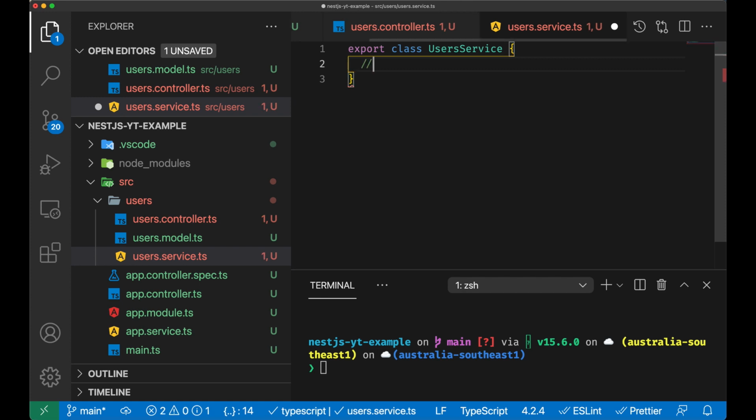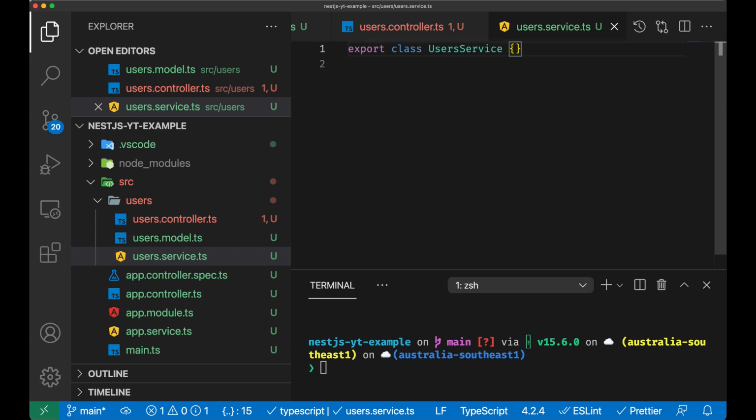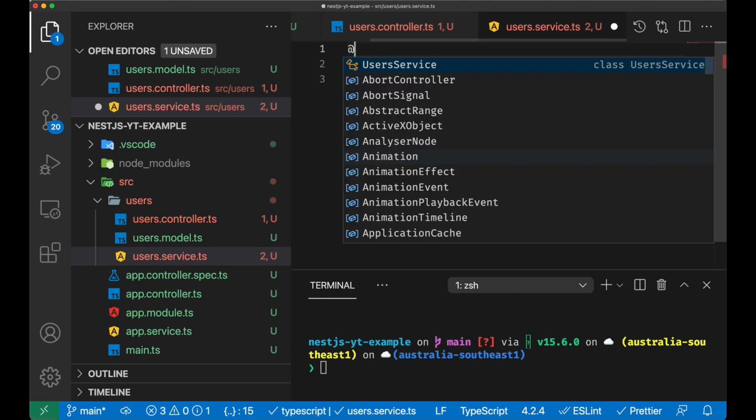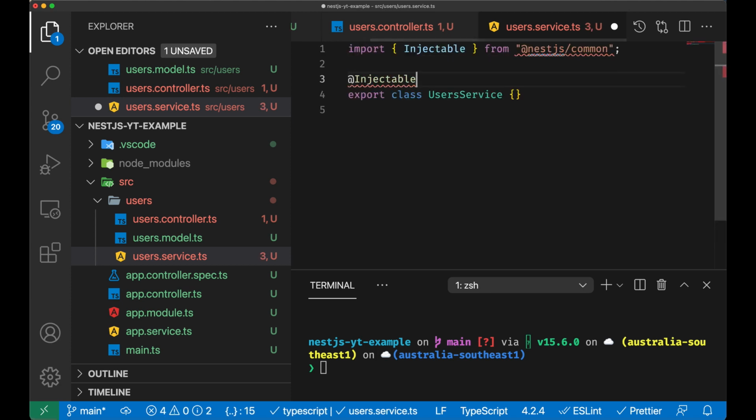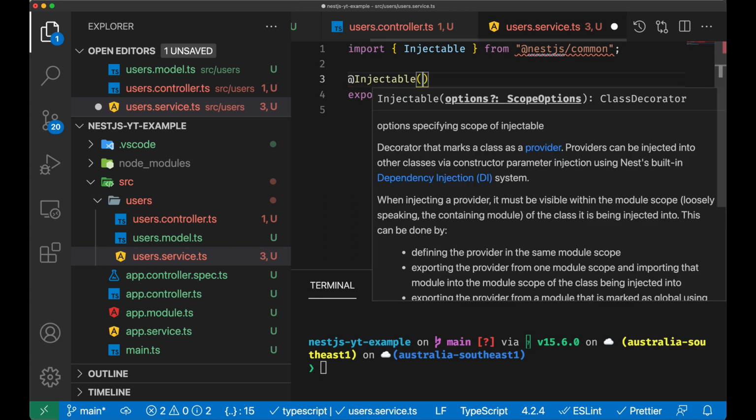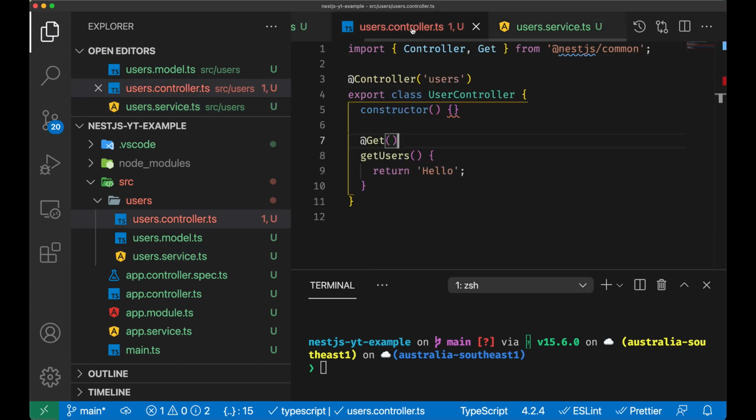And in here we're going to put all the different methods that this class is going to require. Okay. However, what's important is that we're going to say that this class is injectable. Again, from NestJS common. And because we're using this service in our controller, now what we want to do in our controller module,